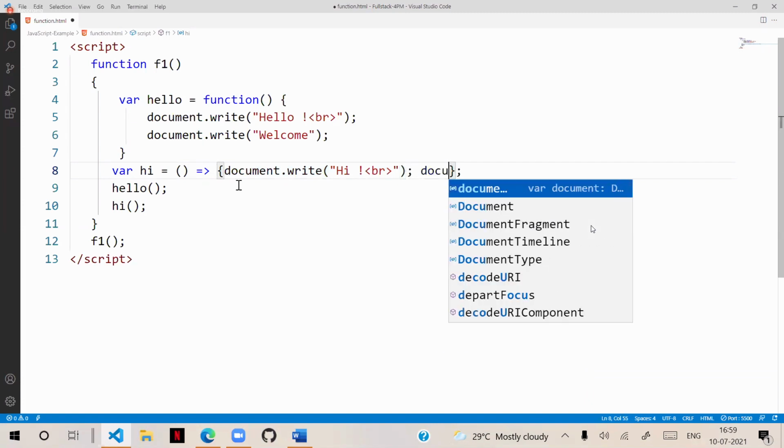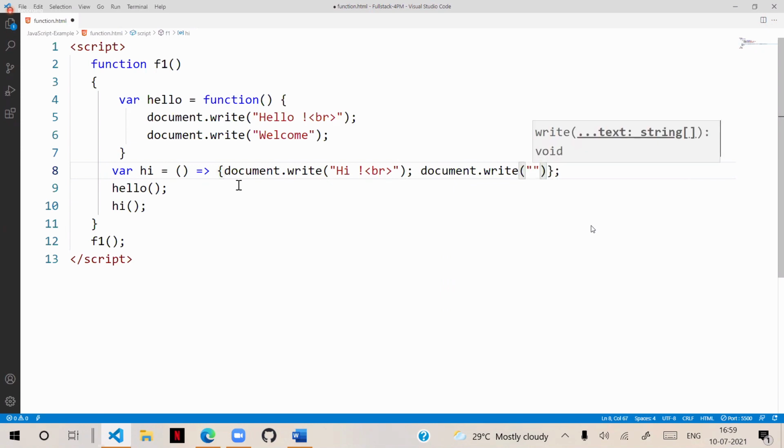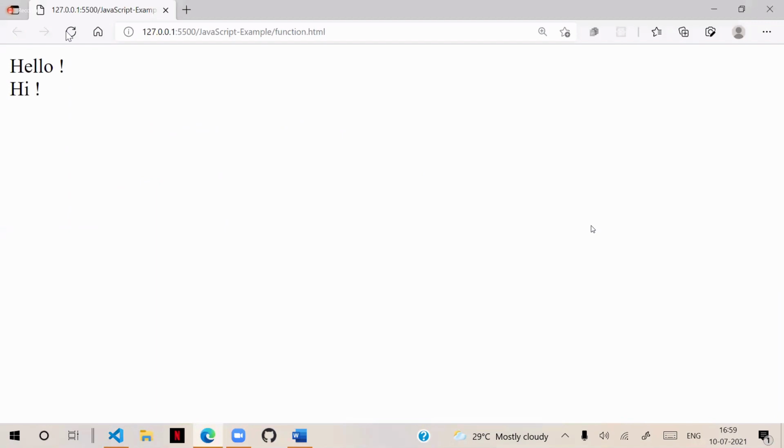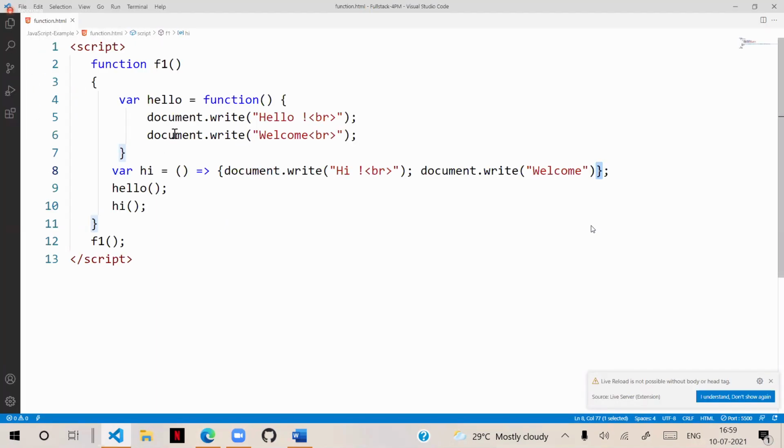This is one, another document.write welcome, like this you can write. So both will be fine. If there are multiple statements, you have to enclose them in a block. If only one statement, you can just define it in this way.